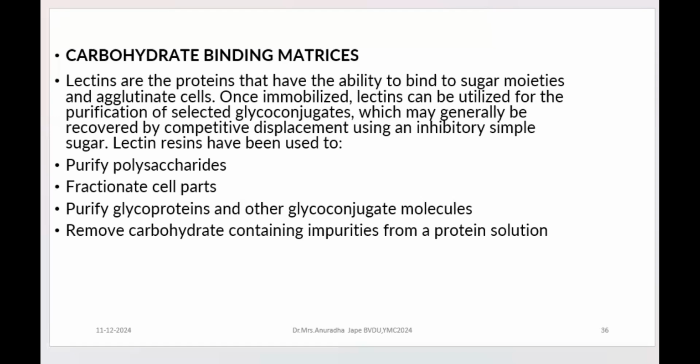as ligand, and as you pass down the sample, the glycoconjugates or molecules, say glycoproteins for example, will bind onto these lectins, and once they are bound, you have to wash the column so that all unwanted, unbound components in the sample get eluted from the column. You have the column now only with lectin and the glycoprotein or glycoconjugate of your interest.